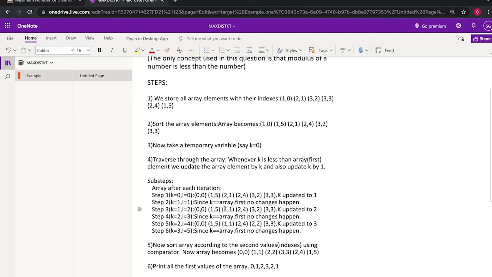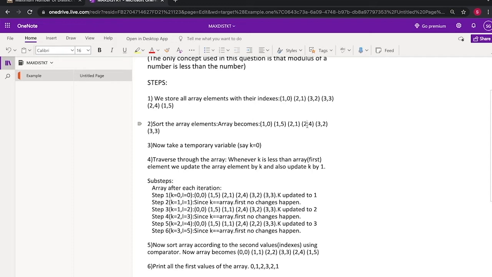In the third iteration k is still 1 and the array element is equal to 2, so we'll update the array element to 1 and update k to 2. Now in the next iteration we look at the fourth element of the array.